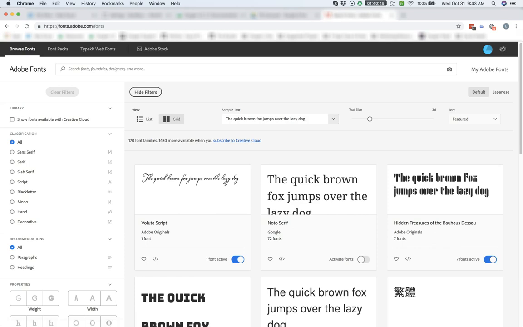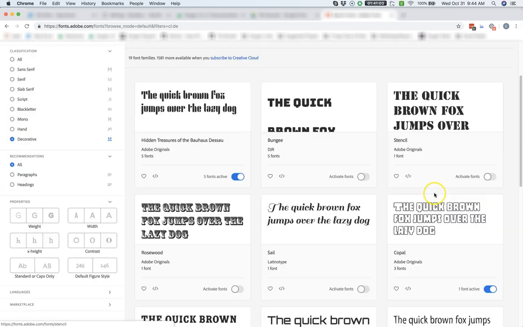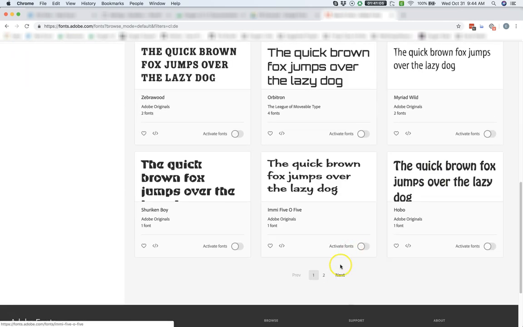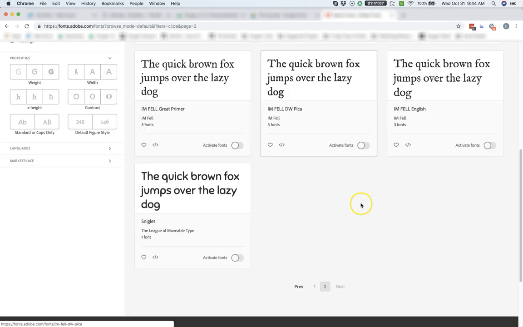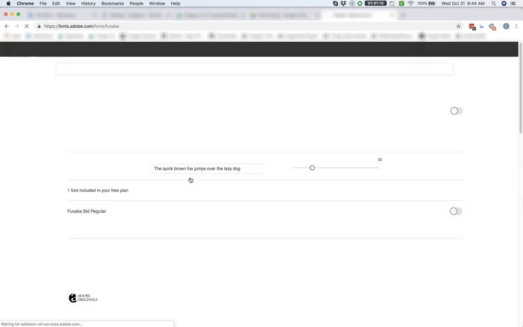Now, we'll be presented with all of the fonts available. We're going to pick a decorative font for this example. So I'll check decorative on the left-hand side to filter the fonts, and then scroll down until I find one I like. How about this one? Okay, so the next step is to click the font itself, which will take you to